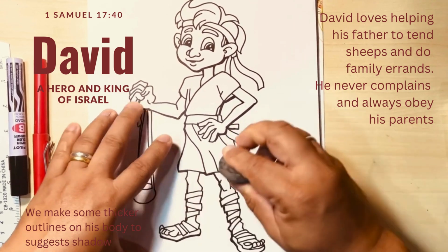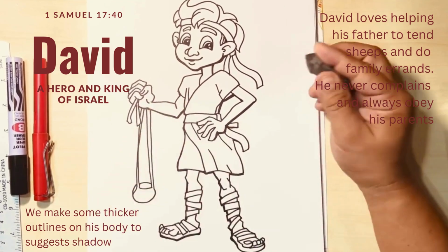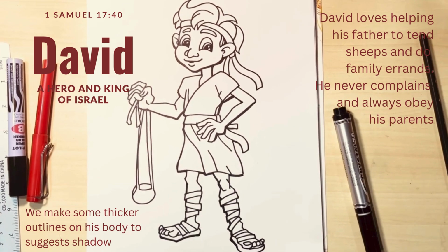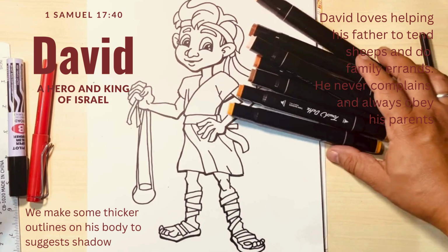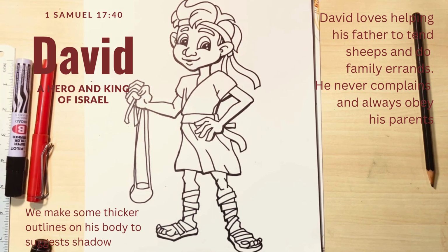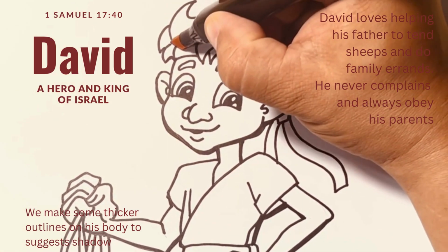Okay. We're going to erase the pencil so that it will not mess up with the color. We're going to erase it. It's speed up time. Okay, now here is the color. We're going to color David, his shirt, his eyes, his ears, and everything. Okay, baby? You're going to help me, okay? Yeah. Okay, we're going to start coloring